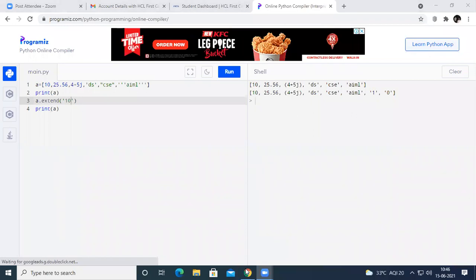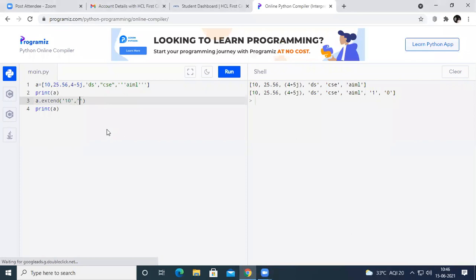Append function only takes 2 or more variables, only numericals, not other variables. I can't understand your question, so I will reply. I will get back to you. So with this append function, for example, if I pass 10 comma 20, see here, extend takes only one argument. So they are suggesting that extend will also take only one argument, but you have given two.